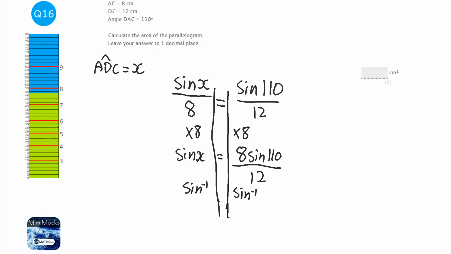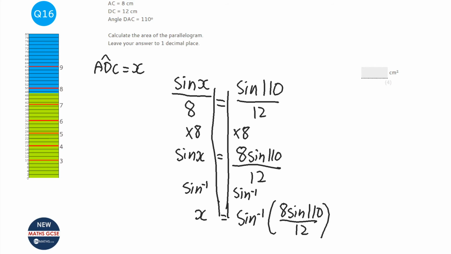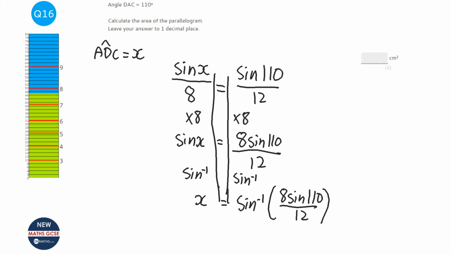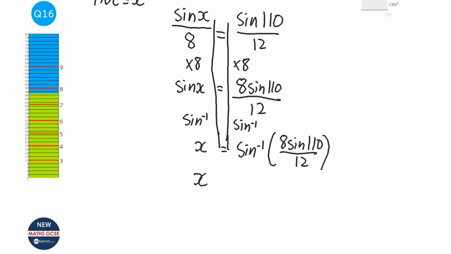So X is going to be the inverse sine of 8 sine 110 over 12. So let's get my calculator. So inverse sine, fraction button, 8 sine 110, close the brackets, over 12, and then come out of the fraction, close the brackets. So that tells me that X